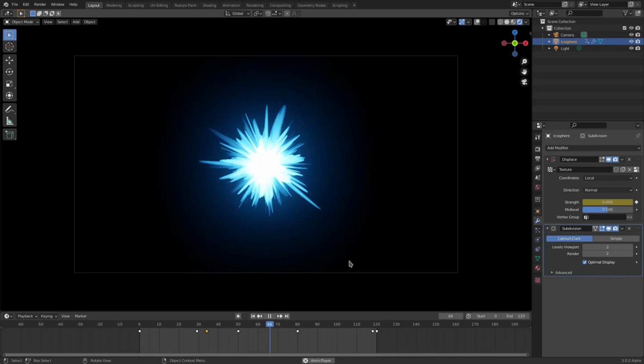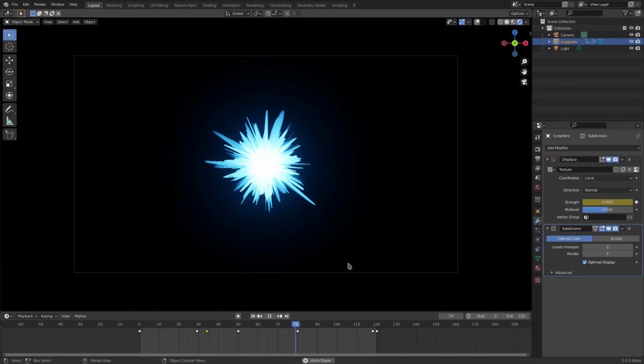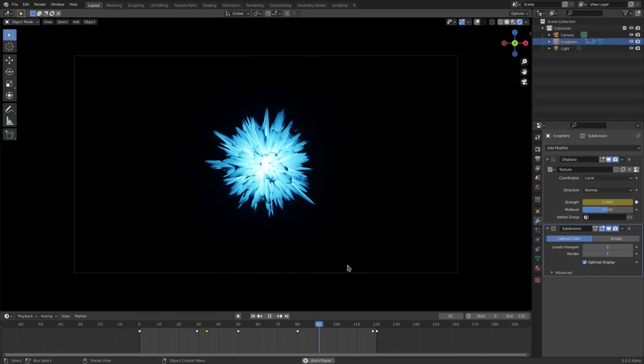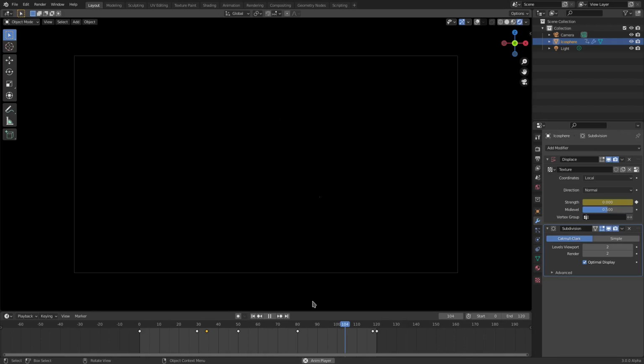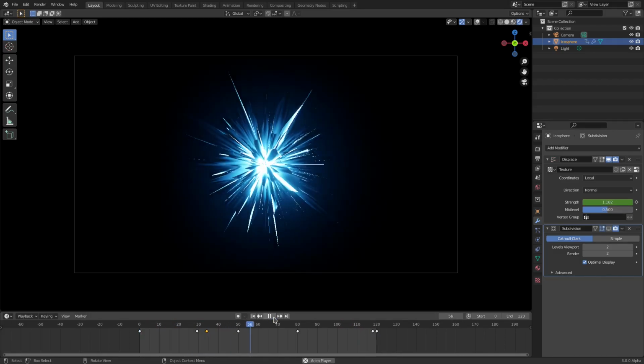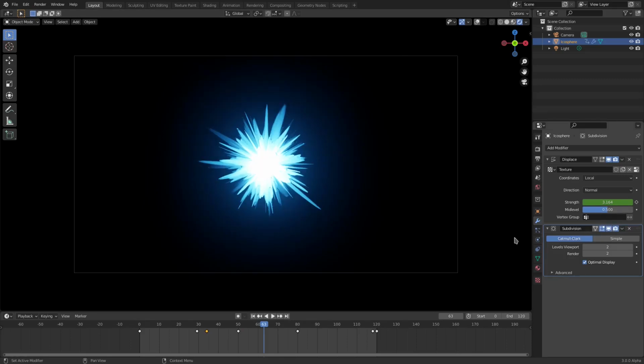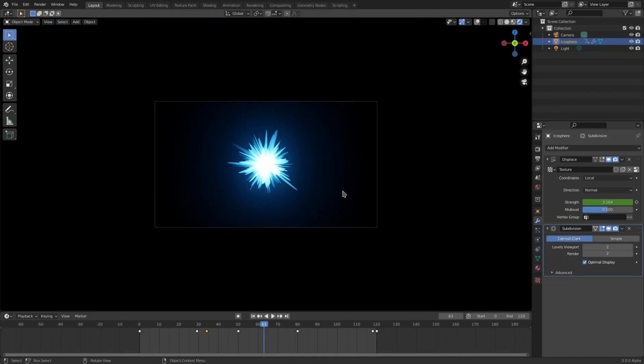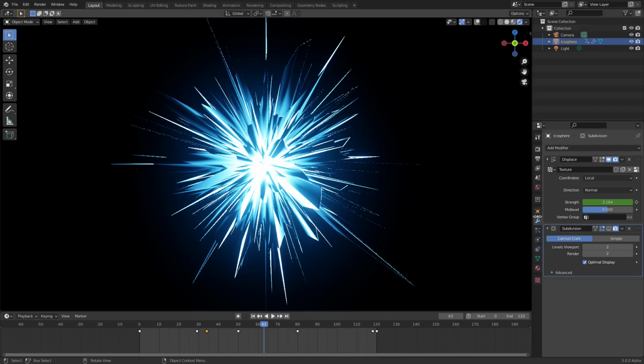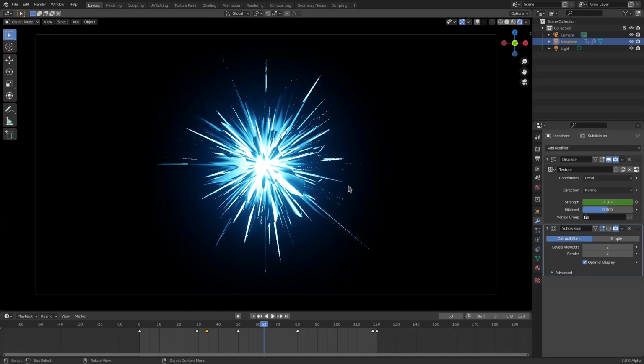So it looks like that, and it comes in, and then it goes back up and gets rid of itself. So that's really cool. It also looks cool without the subdivision surface as well. It looks cool both ways. Just decide which one you like for yourself. Really sharp like that, or the smoother one. I like the smoother one. I like the sharp one. I like both of them. We'll just go ahead and disable that in the viewport for now so we can see a little easier.